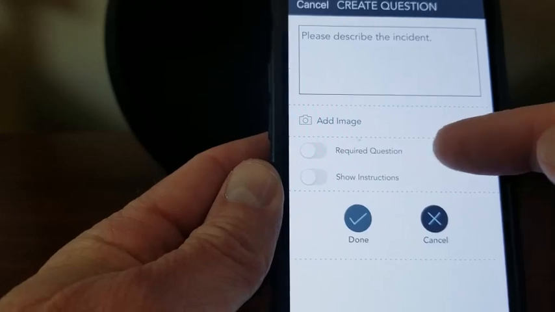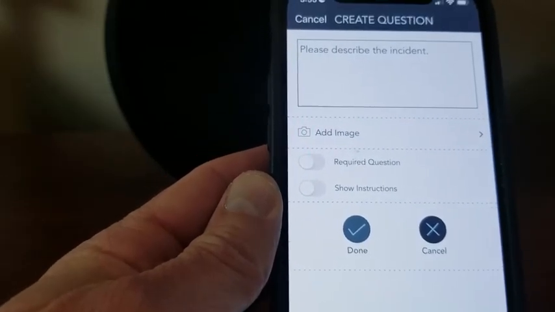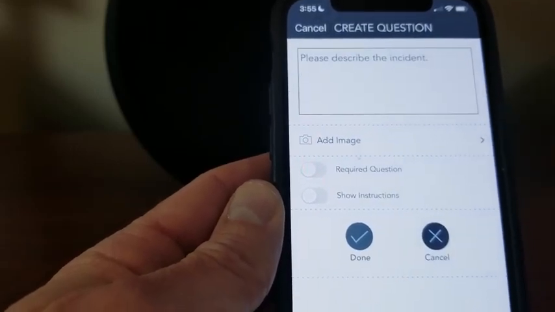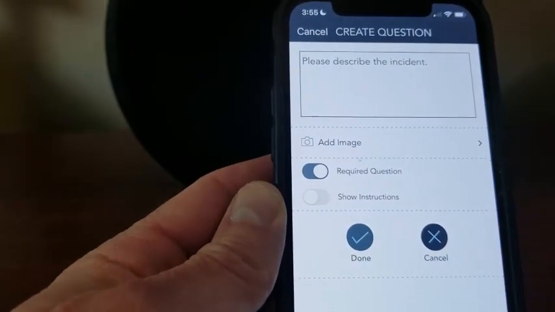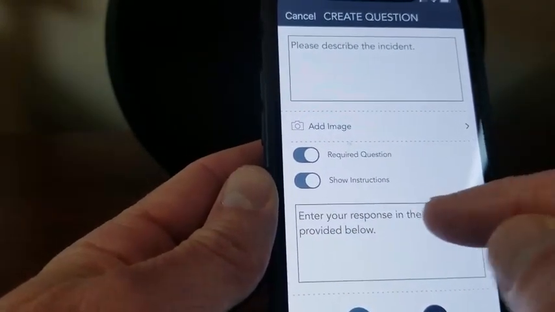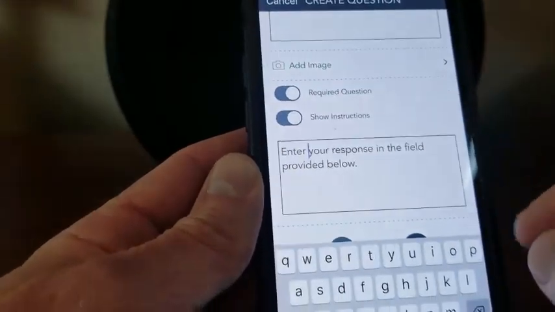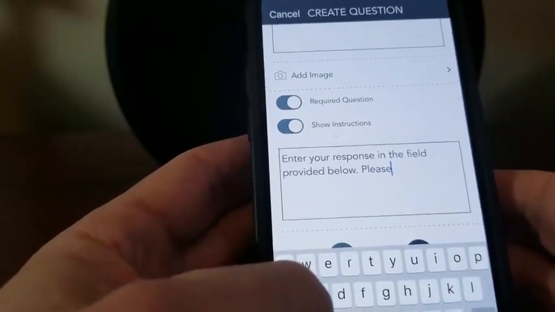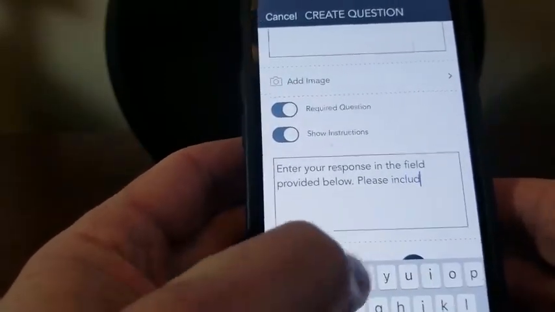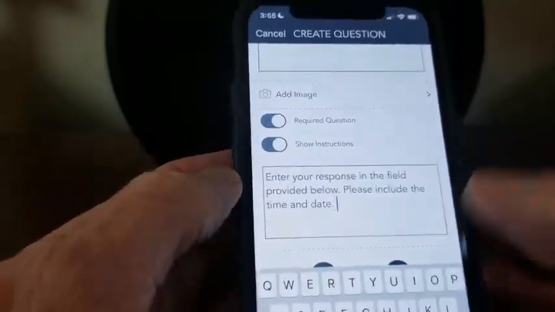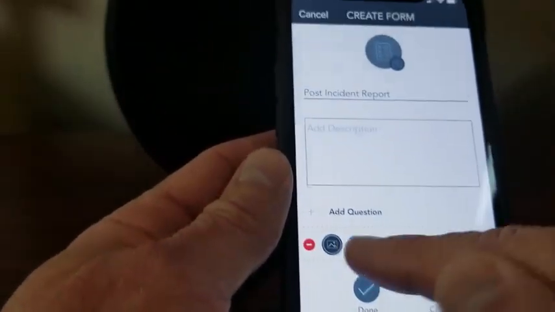make the question required, and show instructions. Making the question required forces the user to answer the question before they can submit the form. Selecting show instructions allows me to enter text that the user will see next to the question. So let's put, please include the time and date. All right. And when you're satisfied with your question, tap Done, and our question is added to our